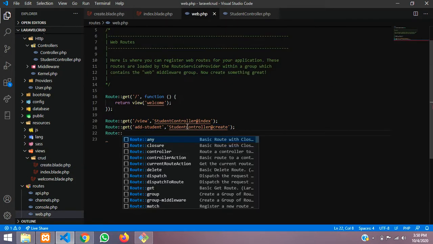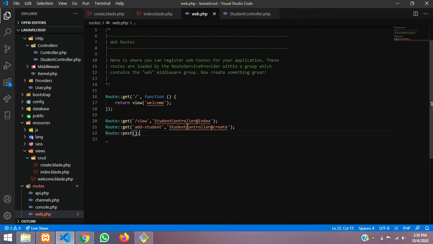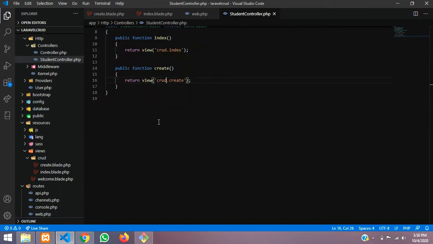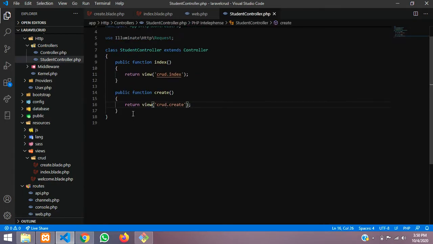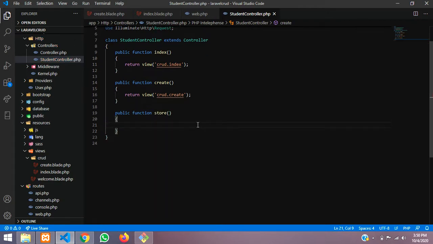Let's put route, where you are going to use post over here, and then send the CRUD. So that CRUD will be, copy this URL, I mean controller, and make this function as store. So let's copy this and go to the controller over here, and then put public function, in public function of store, where you will be storing all the data, right?